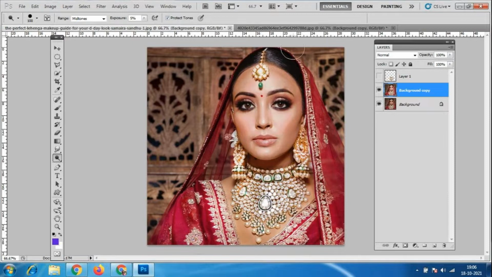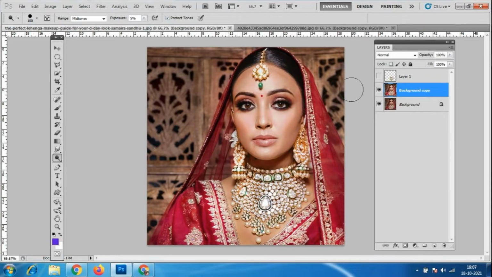Okay, see, now the image is looking very bright. Don't make her hair color and all white; hair and all, don't make it white, only wherever necessary. See, the complete image has now become bright. I have given only 5% exposure, so don't give so much. See, before it is looking very dull but elegant, and here it is looking very bright. So this is the image.